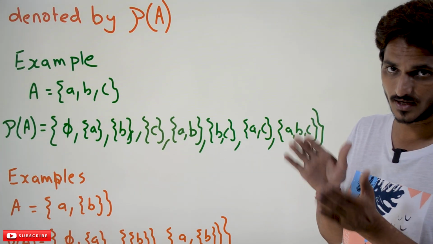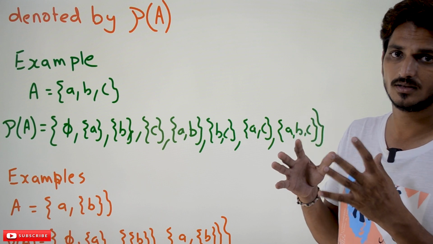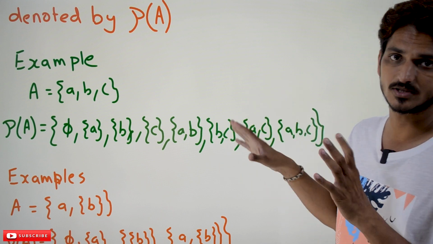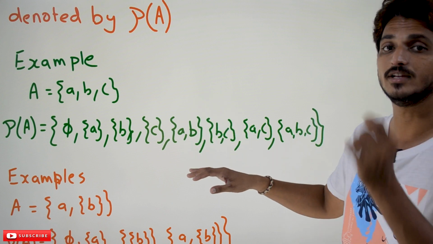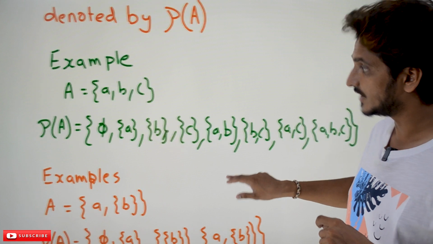Because when we go to the next examples, you will get confused. That's why we are clearly explaining the concept. So this is how we write the power set for a given set. Now coming to the next example,